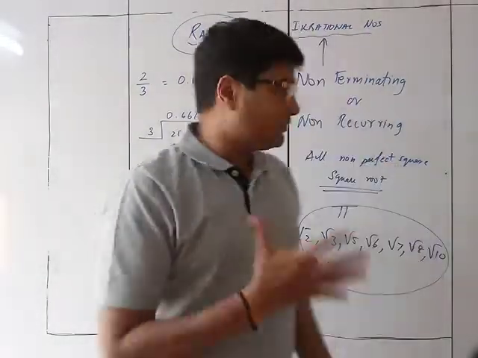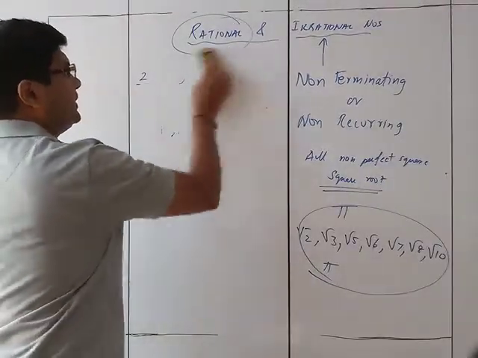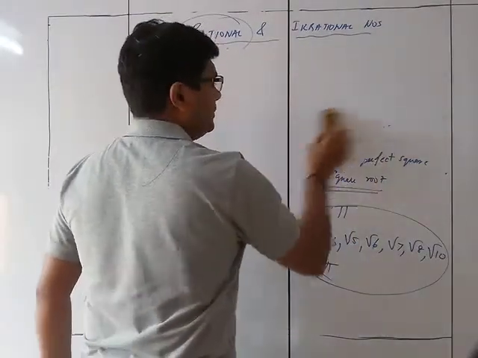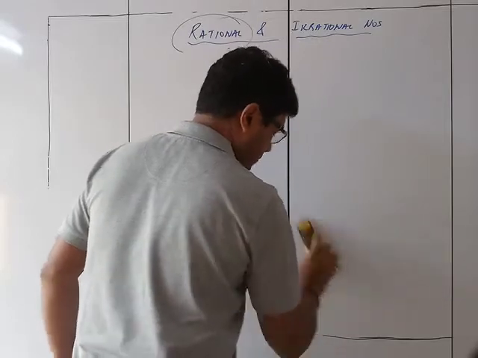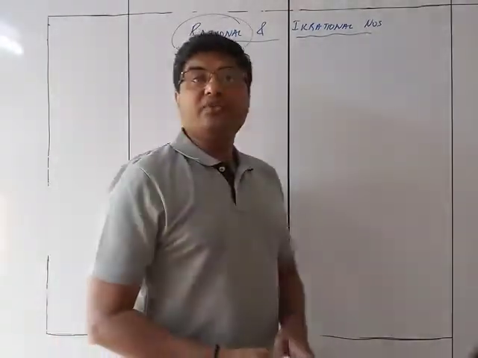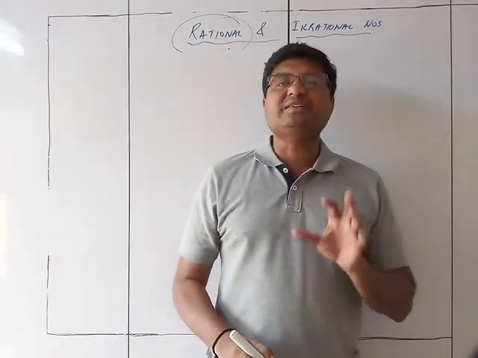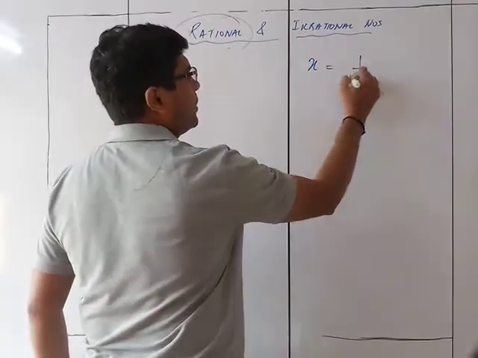Now what is the importance of this particular rational and irrational? The main important thing is that in your 9th standard or 10th standard, anytime you go further, if your answer has a denominator which is a root, suppose the answer of x is equal to 1 upon root 3,